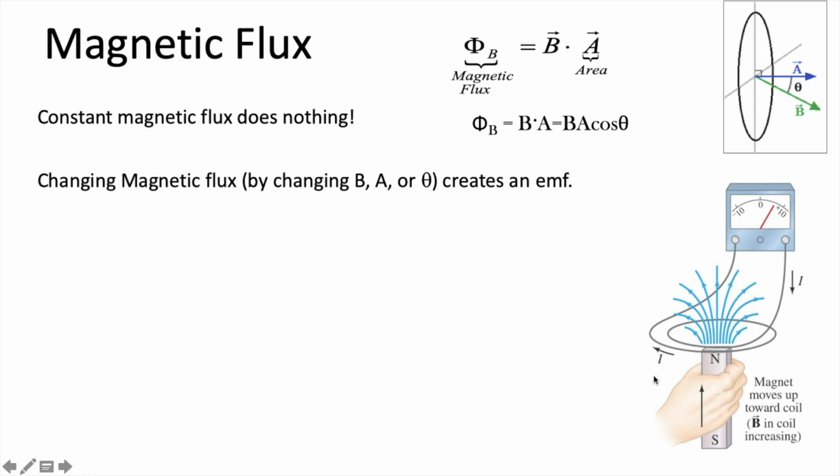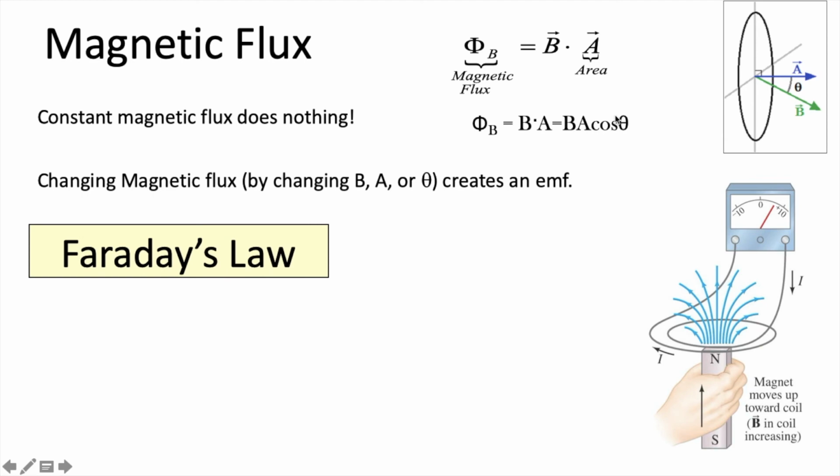If you incline the magnetic field at some other angle, then your theta becomes greater than 0. As theta increases, cosine theta is at its maximum at 0, and any other values start to reduce, hence flux reduces. And again, we can change the magnetic flux by changing three things: either the magnetic field, the area, or the angle, and that creates an EMF,